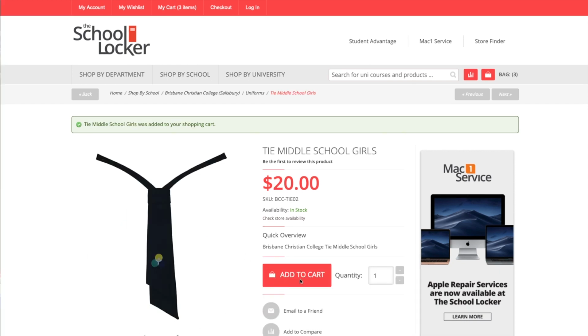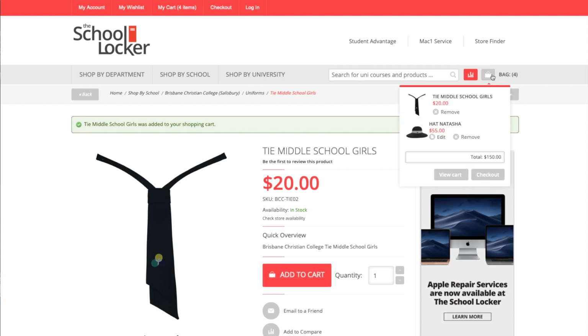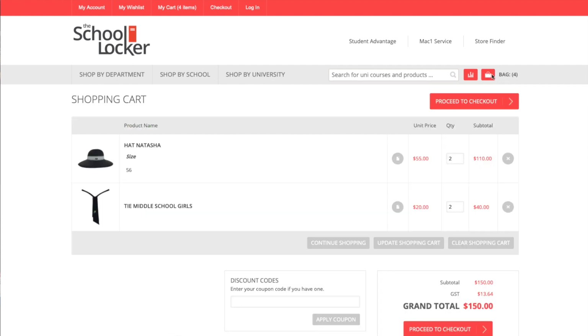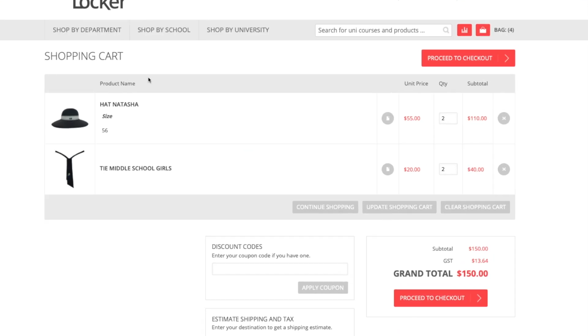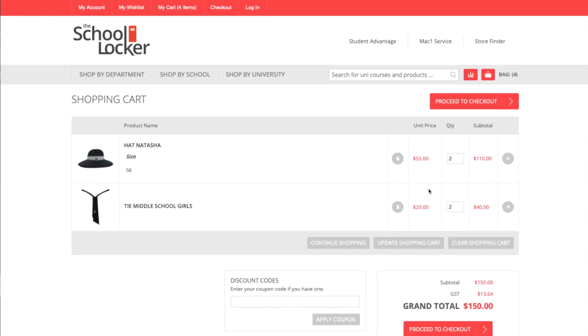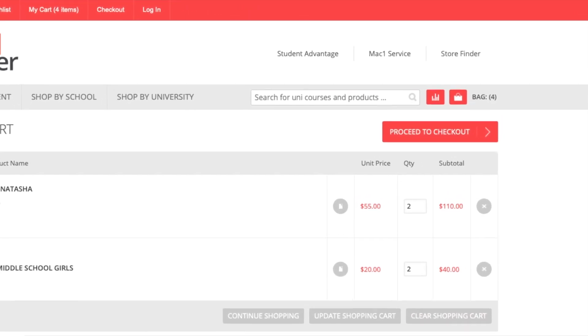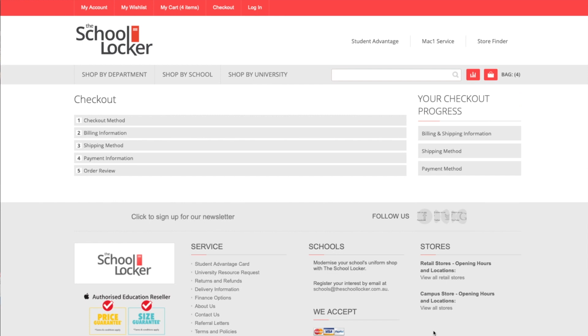I'm just going to quickly add in a middle school tie as well and add that to cart. And then once you've finished adding to the cart, you can click on the bag icon in the top right corner there, and that will show that we've added 2 hats and we've added 2 ties. And now you're ready to click on Proceed to Checkout, which will take you to this little checkout information box